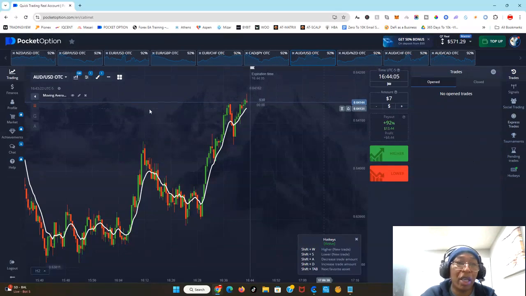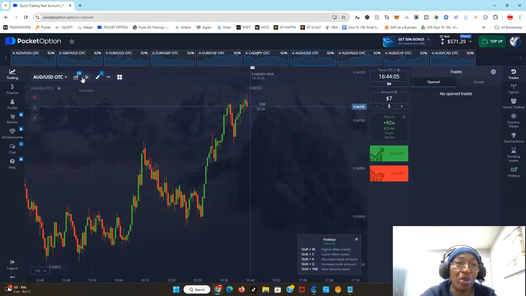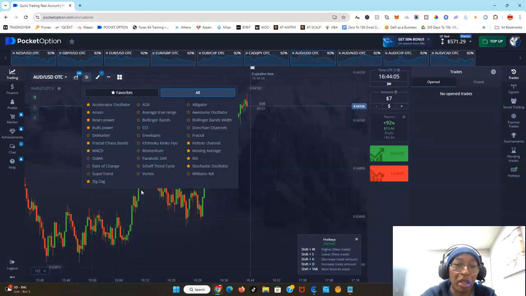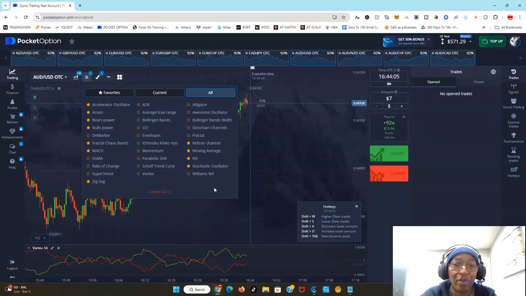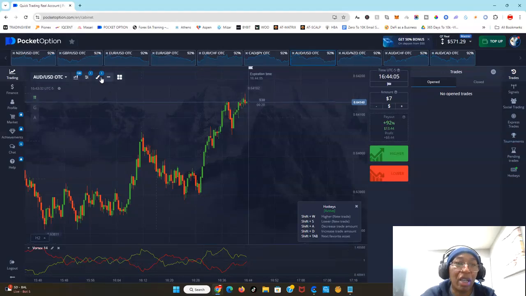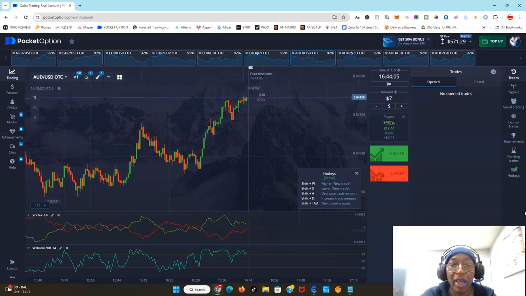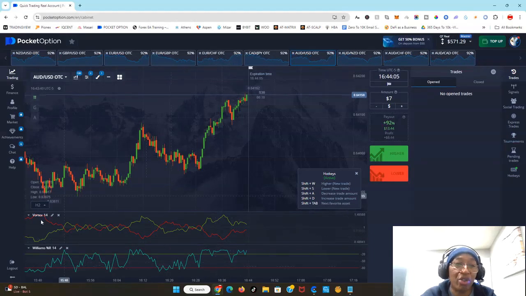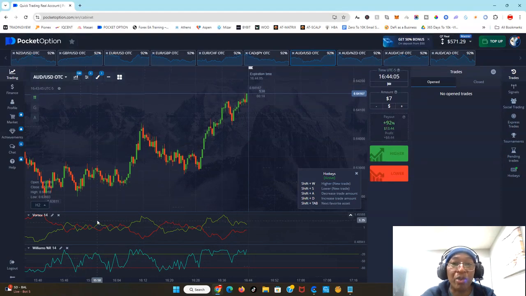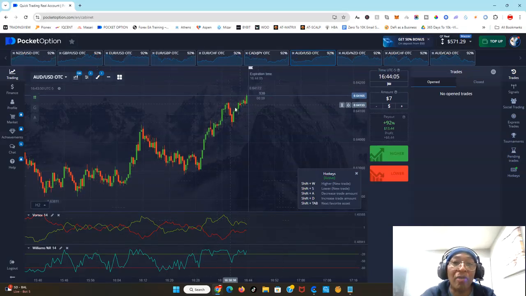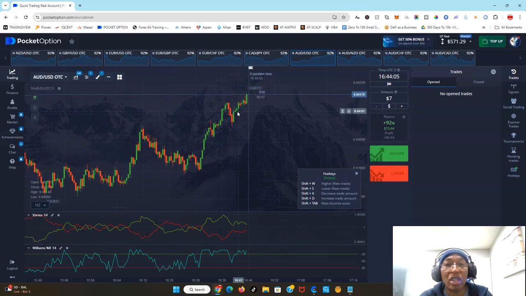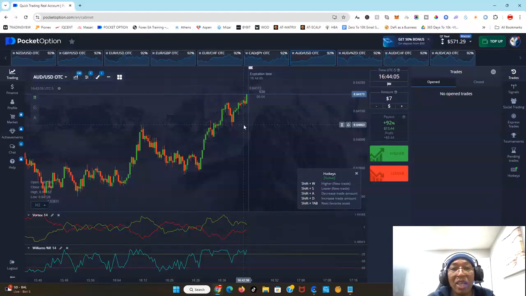So right now, the indicators that my student wants me to use are 2 indicators, and I'm going to bring them up. One is the Vortex. You can see the Vortex is right there, and the other indicator is the Williams, that one there. These are very simple indicators to use, but we reserve this for our advanced students, because for beginners, this can be quite confusing. But you still have to use the fundamentals, just chart patterns.